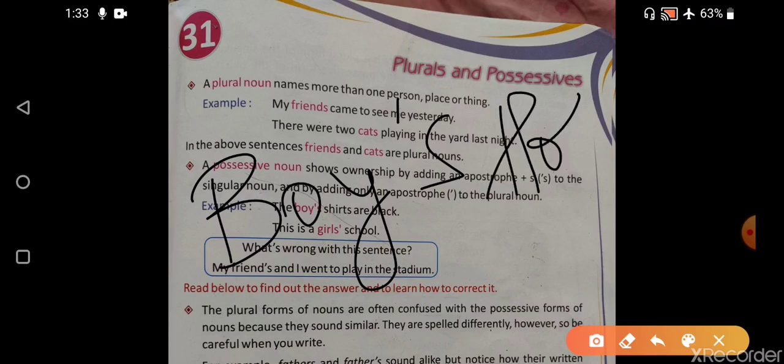Boys' hostel, like the boys' hostel. Alright, whenever in a sentence this 's comes, like 'key' or 'ka', like 'ye mera box hai' (this is my box). So in all the sentences in which possession is shown, those are possessives, and where the number of the thing is more than two, those are plurals. So you have to make sure how you are putting the s in the simple word.